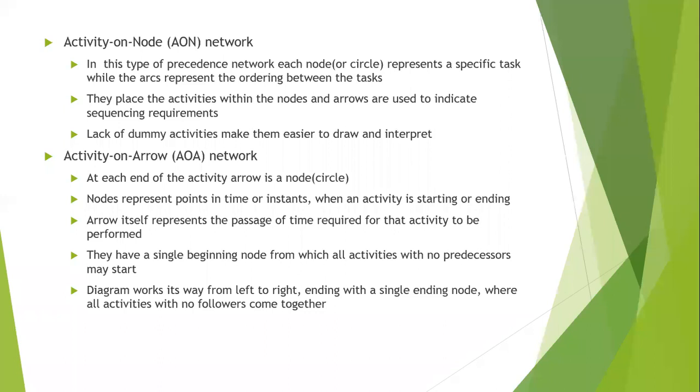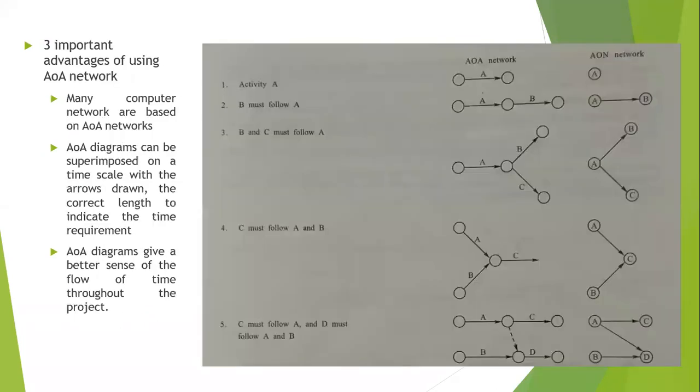So two things I know. Initially, I'll start with one node. From that, I'll be having different activities which will move on to produce the future activities, and all of them will end up again on only one single node, which is called the end node. Okay, so this is activity on arrow and activity on node. Okay, this is how it looks like.